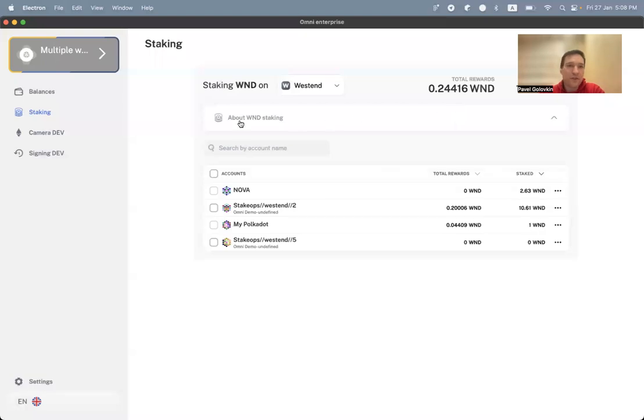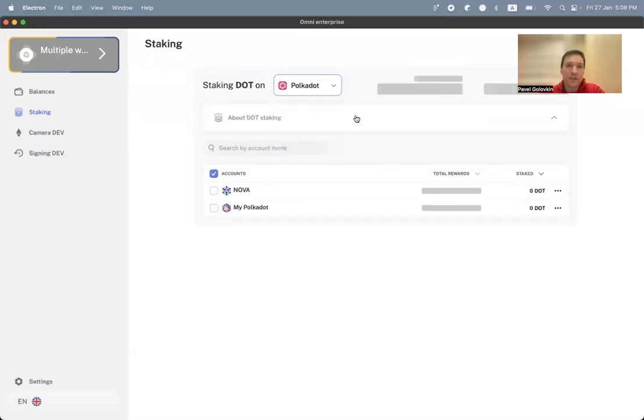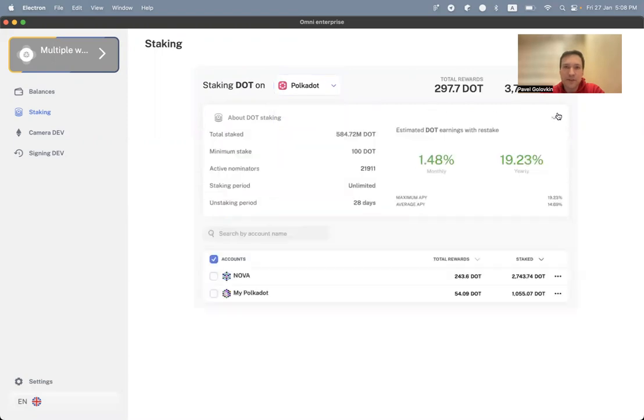So the next feature that was done is information about the staking. So you can find it here. And here you see the general information, the total staked amount in the whole network. So if I select Polkadot, it will be shown for Polkadot. The active nominators amount, the staking period and unstaking period. That is really important when you make a decision about staking. And also you can check the APIs